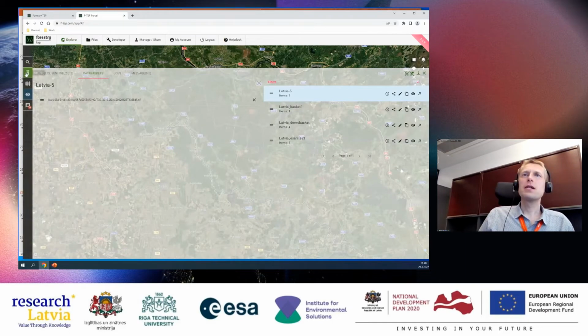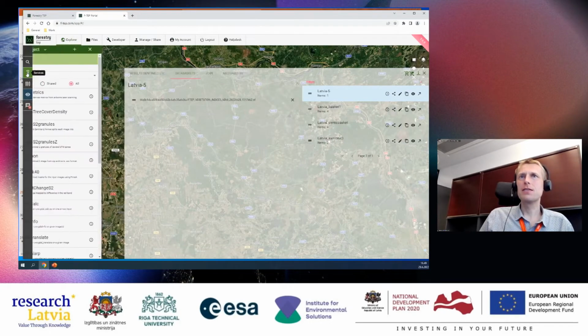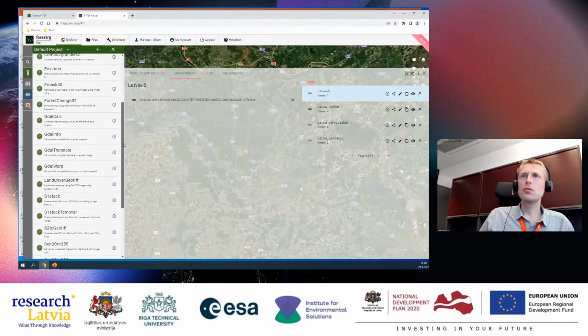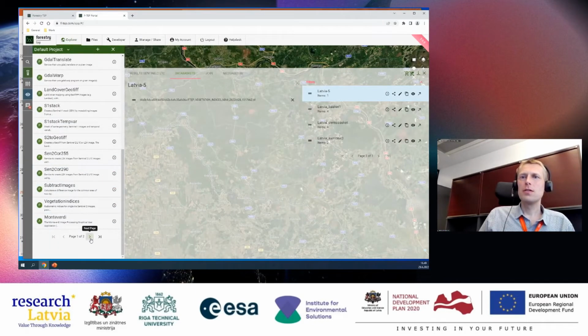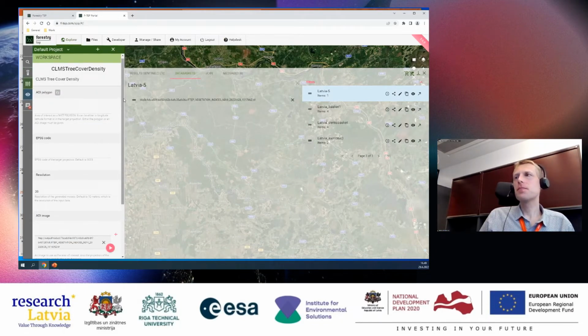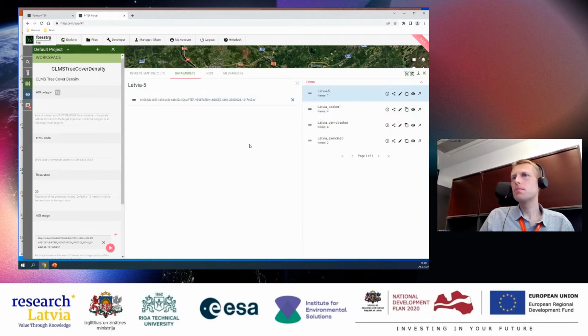And then if I want to use that data basket directly as an input to a QGIS service, I can now choose the QGIS service from here. Let's take the QGIS 3 and it opens it in the workspace.